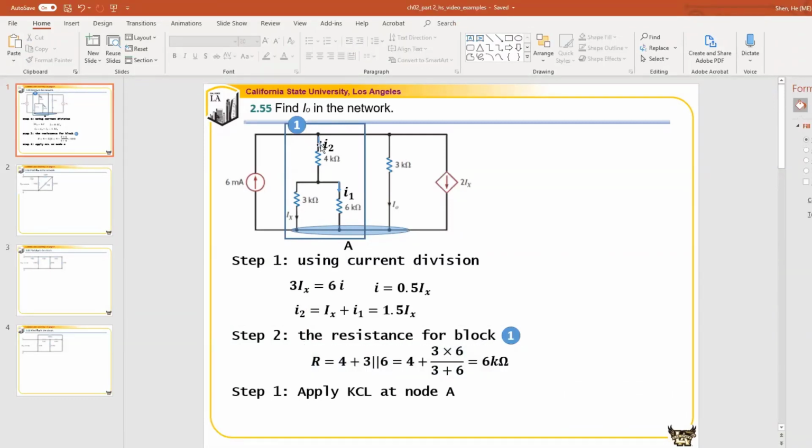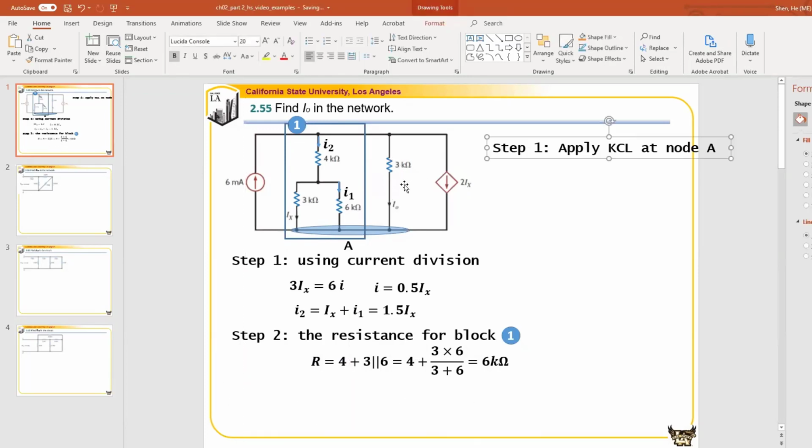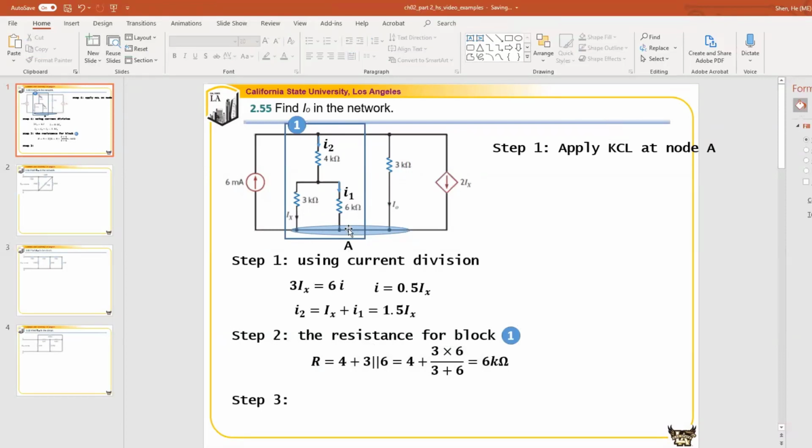From there, we can also find a relationship between Io and this I2, right? Because this R1 is equal to 6 kilo ohm, and this is equal to 3K. So we can find one relationship already. This is half of that, so the current Io is 2 times that. We can find the relationship because these two branches are in parallel. So the current Io is equal to 2 times